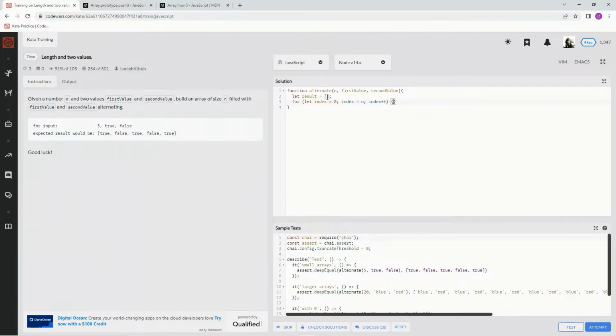All right. And then down here we're going to say if, and inside this if we're going to do the not operator, and then inside of these parentheses we're going to put index remainder operator 2. So if index divided by 2 has a remainder, if index divided by 2 does not have a remainder, we're going to say,